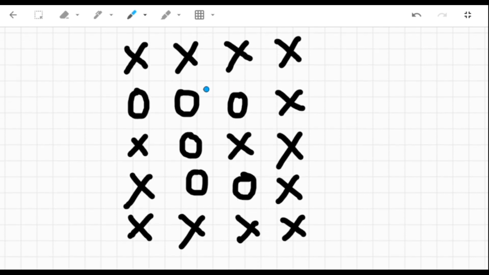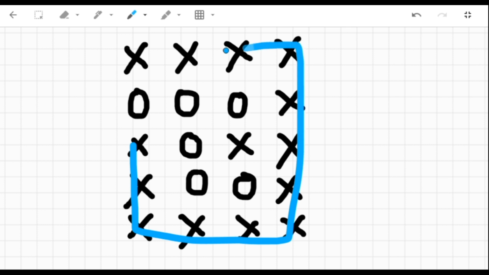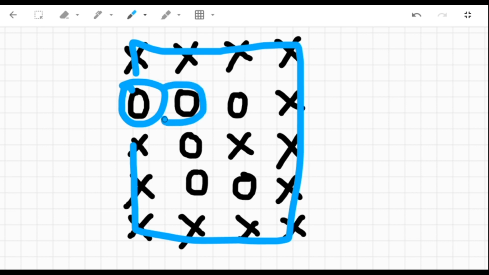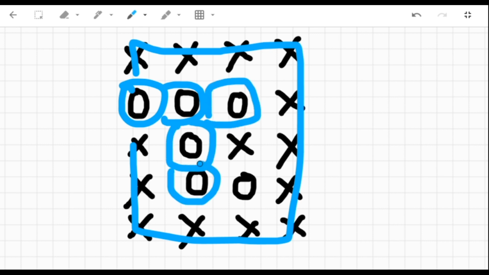If we have this grid, we will first look at all the borders of the grid. So we got an O. Okay, we will check its neighbors. We got this O, which also can't be flipped, so we check its neighbors. We got two more O's, and so on. We got more O's, so we know that these are the O's that can't be flipped. If there is any other O other than these, then it can be flipped.